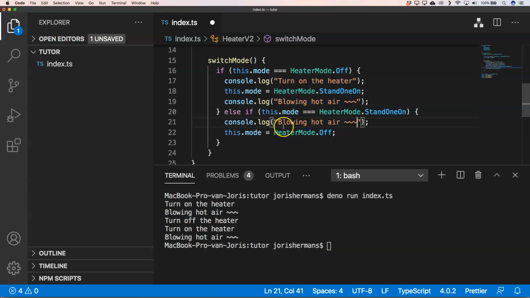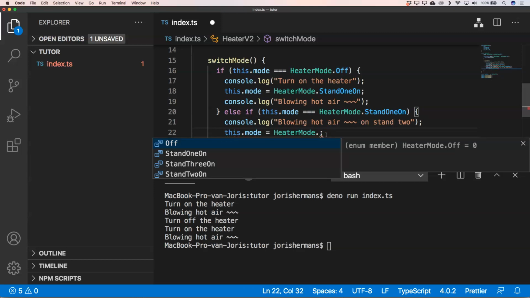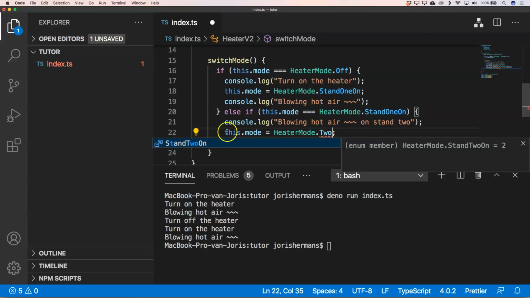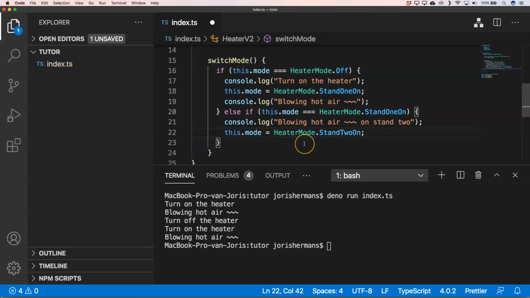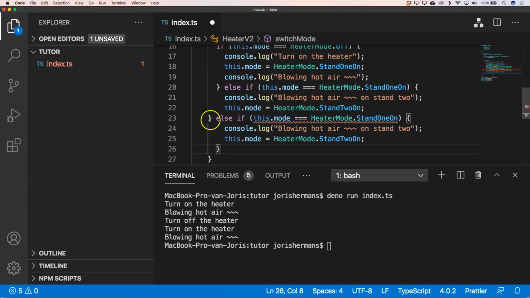We want to say blow hot air on stand 2, right? Because we are on stand 1, and we want to go, because we are turning the knob, right? And we want to go 1 knob higher, so we say stand 2 on, right? And of course I want to extend this a little bit, and you will see that we have more if-else statements and more if-else statements, and that's a little bit cumbersome, right? I'm going to show you again